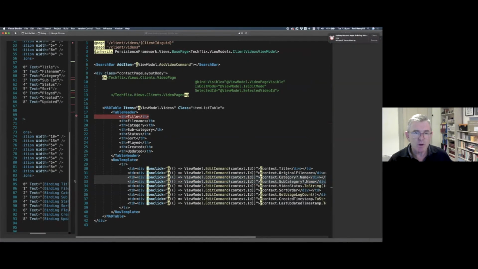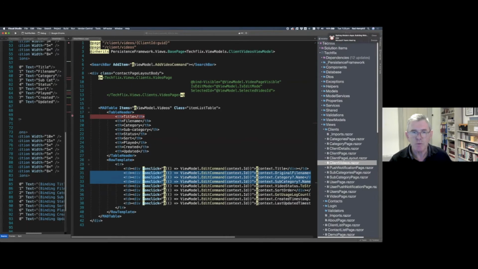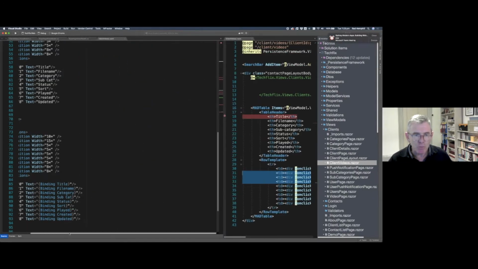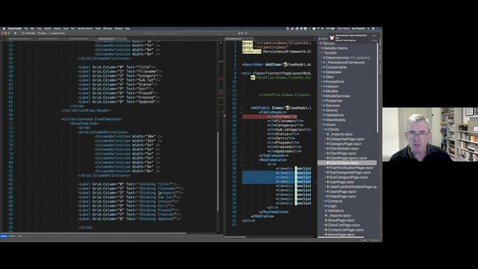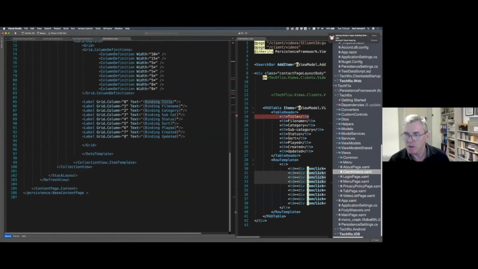Whereas on the mobile side, we would be saying for these fields, bind to the title within your, in this case, a list of videos. So the syntax is binding with whatever context to the value, and on Blazor,